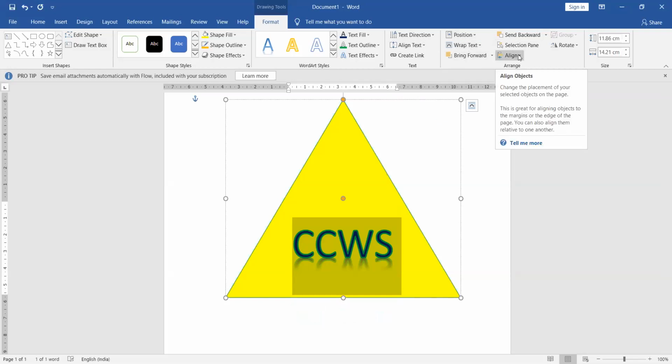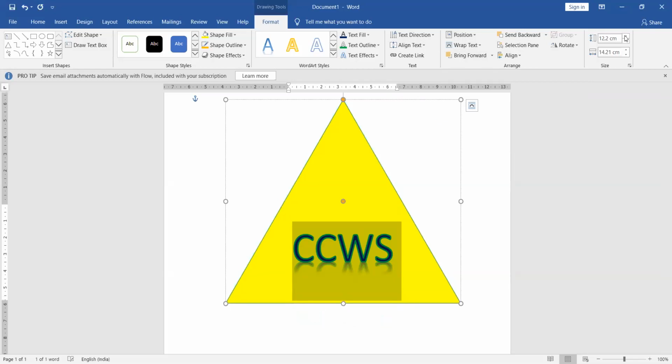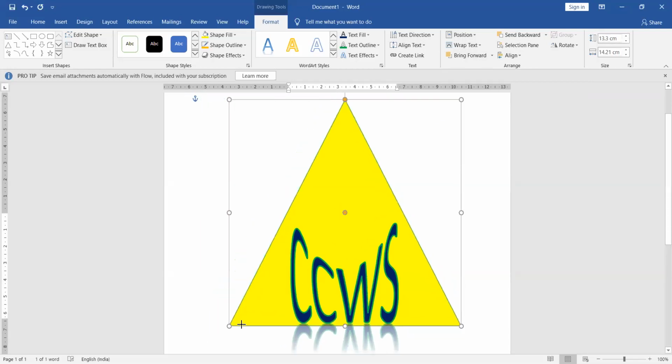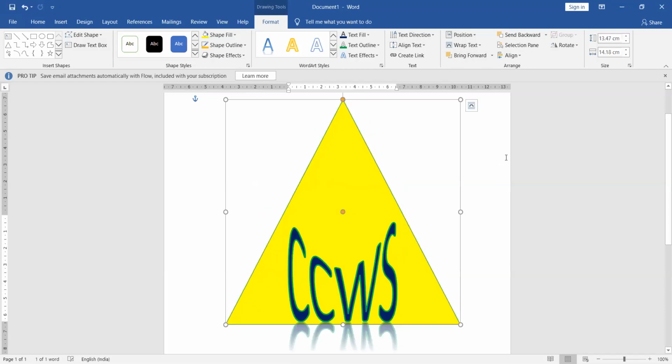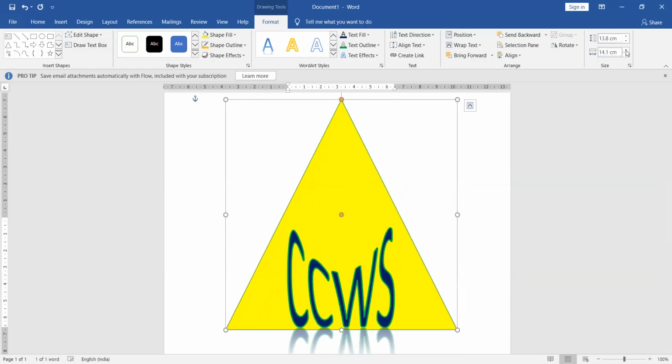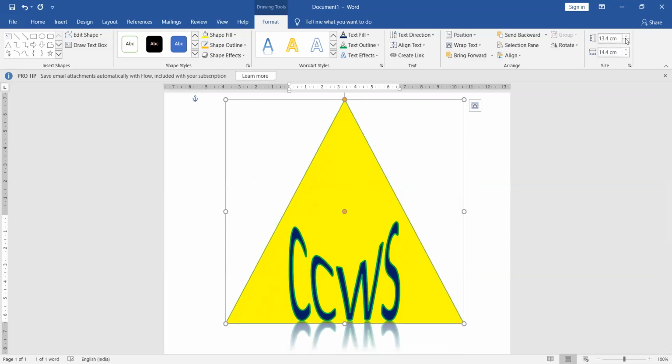Okay, and then here we have like how to increase. See here, I am increasing the size rather than just choosing this one edge and then doing it like this. What I'm trying to do here, that I'm increasing the size in centimeters. Okay, so as you can see here, I am doing all these things. You all can also do it.